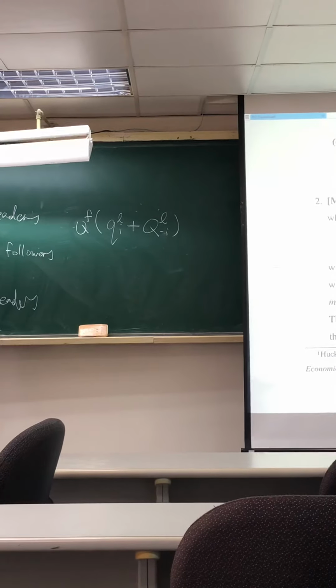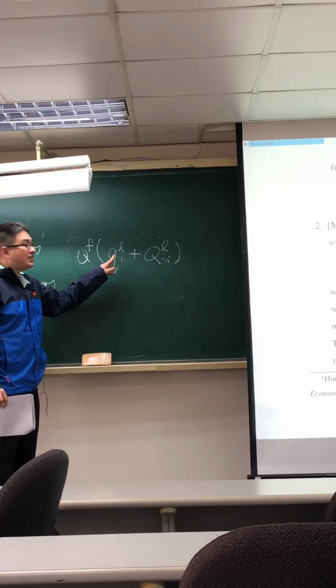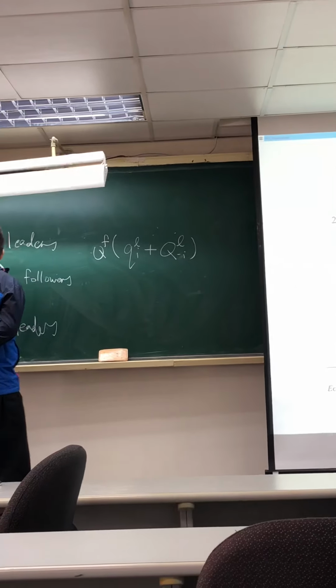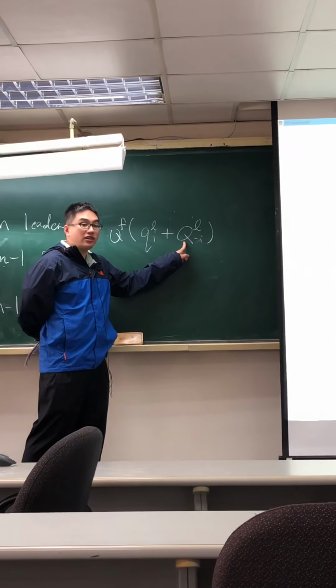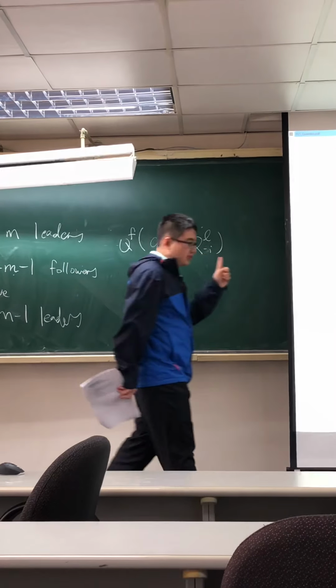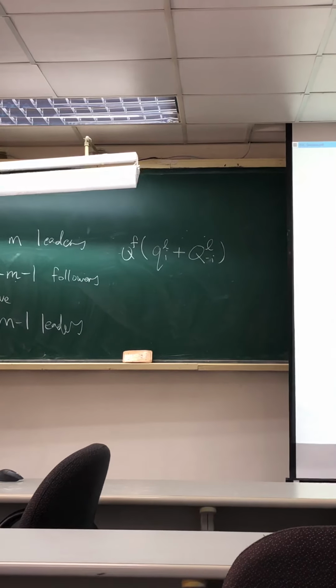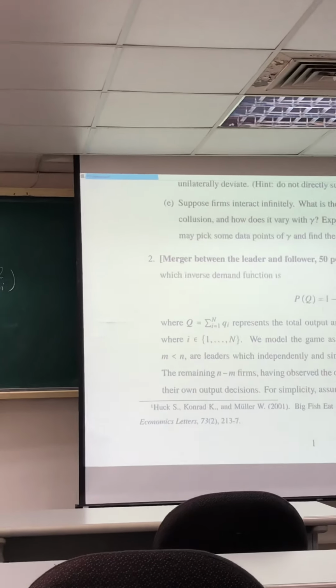If we say the leader is solving for its output QIL, then this leader and the output of all other leaders would jointly affect the output of the followers. So keep this in mind when we try to write down the profit maximization problem of the leader,